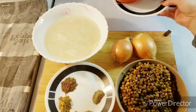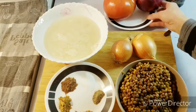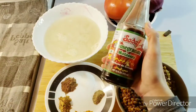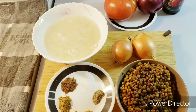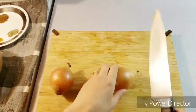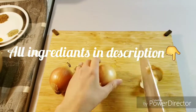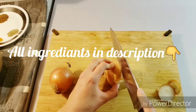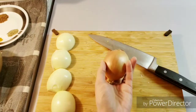So we're also going to be making a tomato and onion salad, and so you just need a red onion, tomato, and some pomegranate grenadine sauce, and we're also going to need olive oil for that, which we'll see later. So first I'm taking my onions and I'm just removing the peel, and actually I'm going to be adding